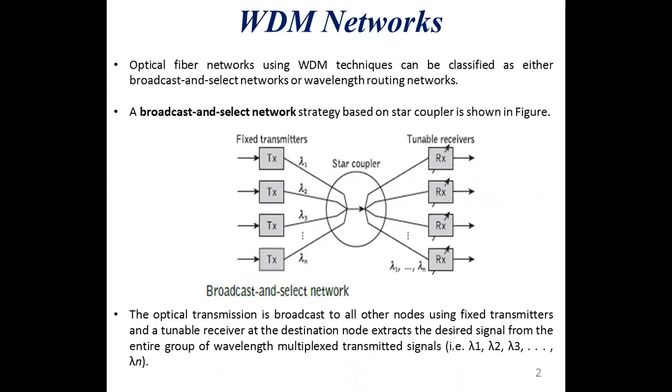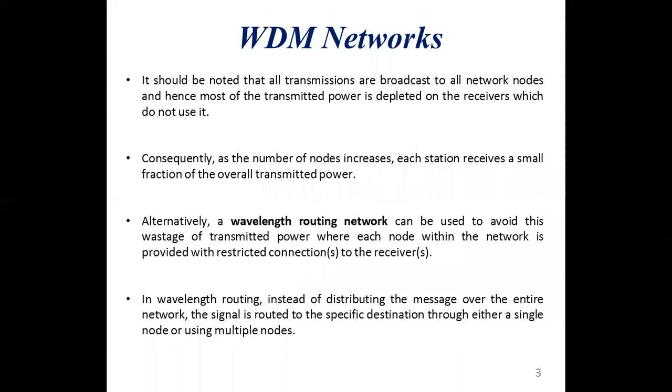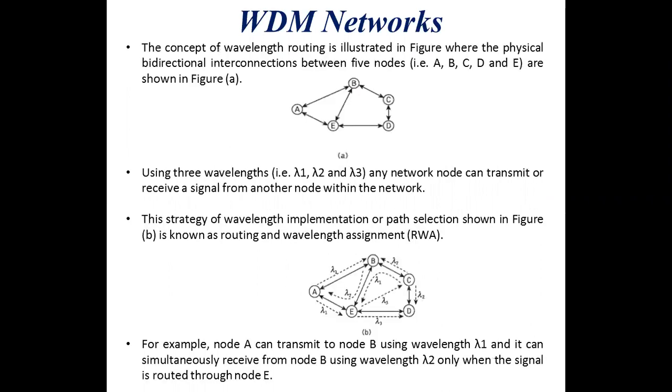So we've seen that the WDM network can be of two types: the broadcast and select network strategy, which is the first one. However, it is disadvantageous because the power that is used to send the signal from source to destination gets split. Therefore, there is a better strategy, known as the wavelength routing network. Here, the signal is sent only between the source and the destination, and the power is not wasted or split compared to the broadcast and select WDM network. So this we have seen before.